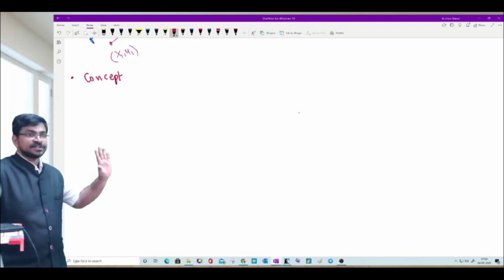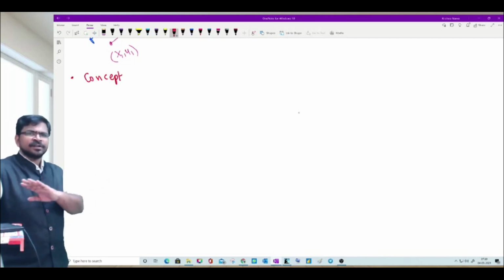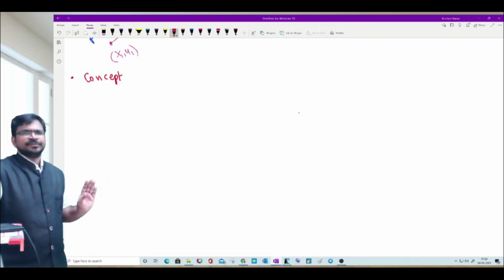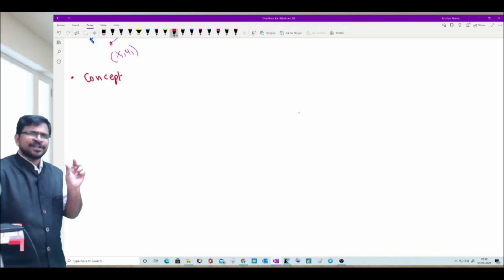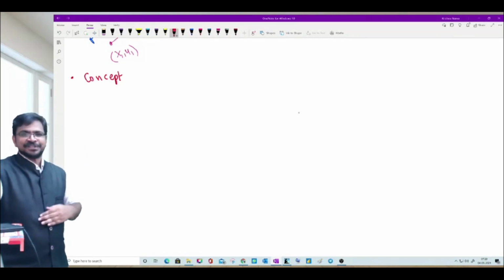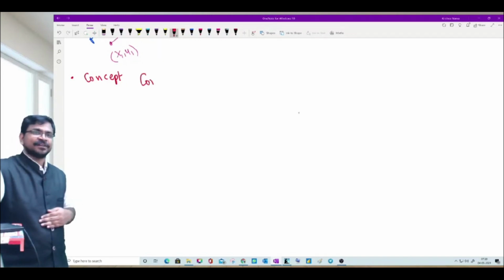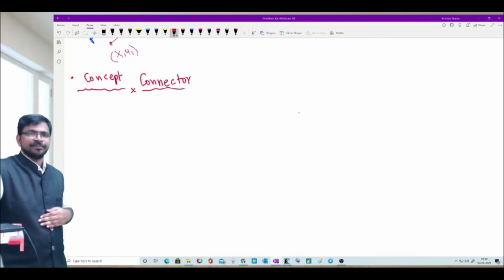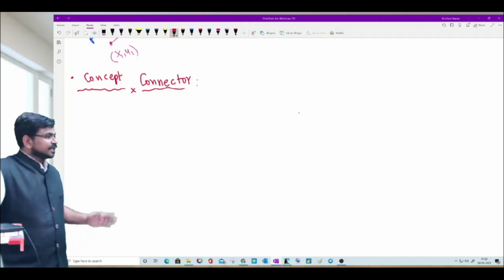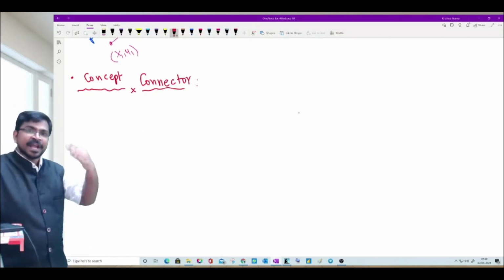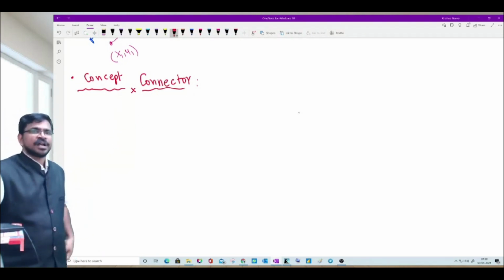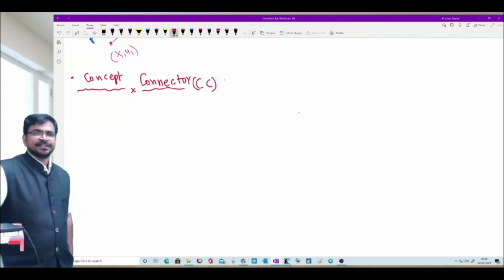Just now we have discussed the concept. So I don't call it a problem. The sound of the word problem itself will irritate our brain. Problem means always problem, so change the language: concept connector. Concept connector means it might be a question or a numerical problem. It will connect the concept which we have discussed till now. Abbreviation for this is CC.